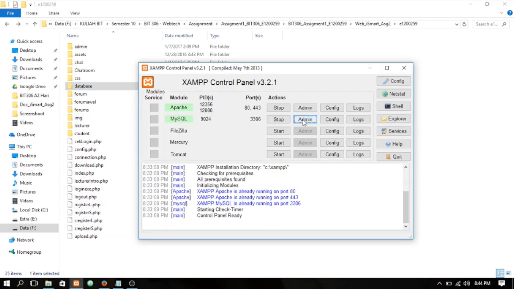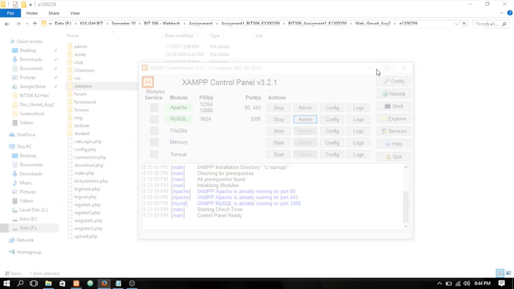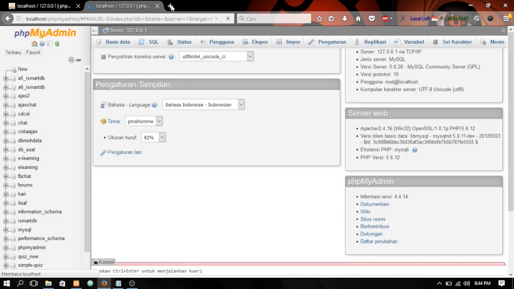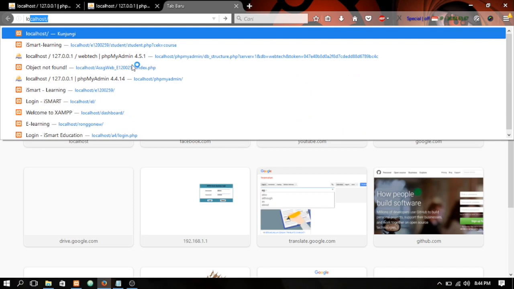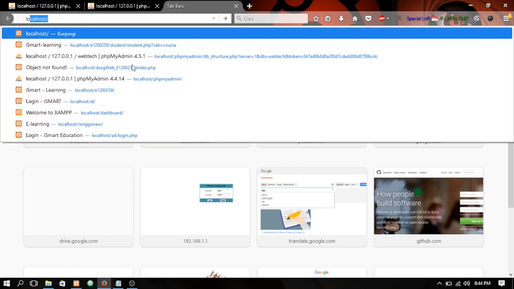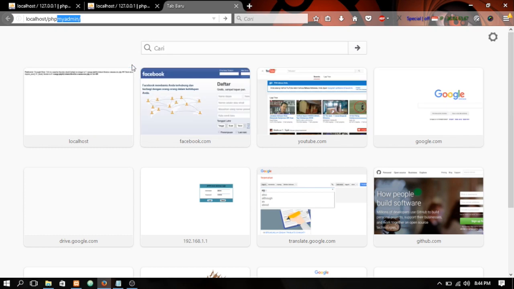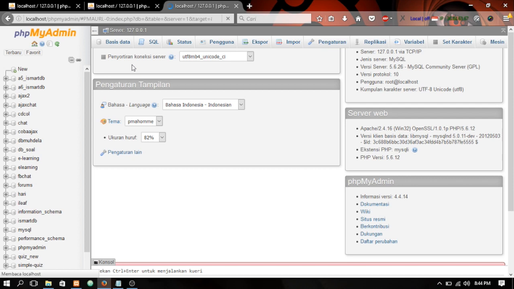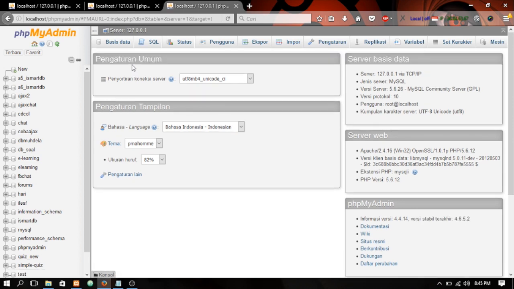First, you need to go to the localhost database, click this, or you can write on your browser localhost/phpMyAdmin. This is what it looks like on your database dashboard. This is how to create a new database: click New in the left menu